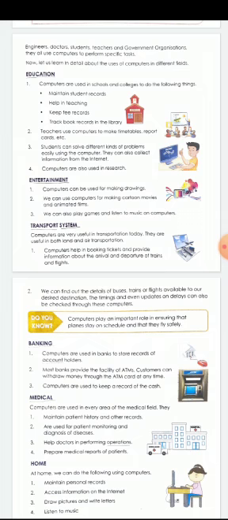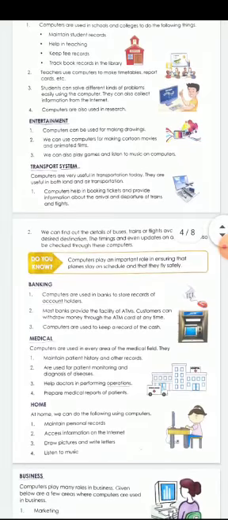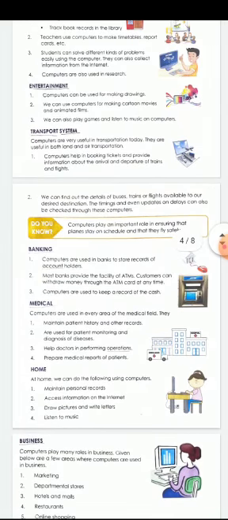Next, the entertainment field. Entertainment means nowadays you use computers for playing also. You play games, listen to music, and watch videos. It can be used for making cartoon films and animated movies. You can draw pictures in MS Paint.